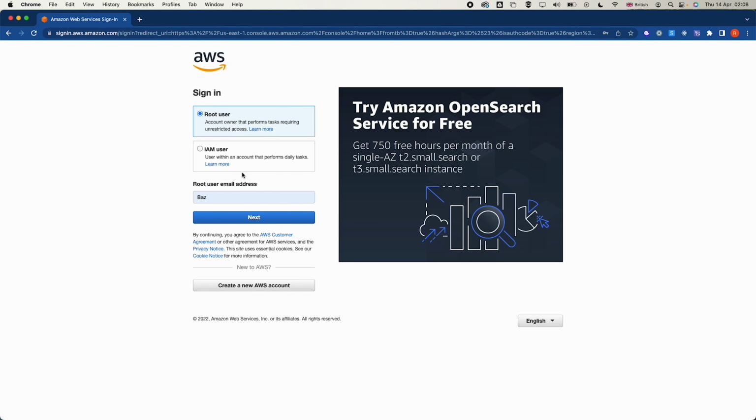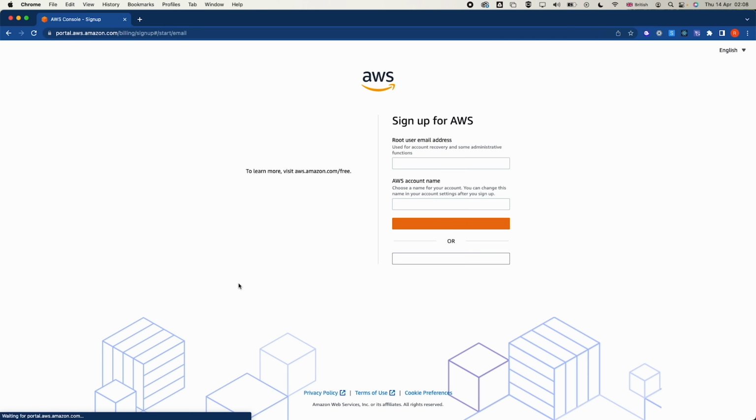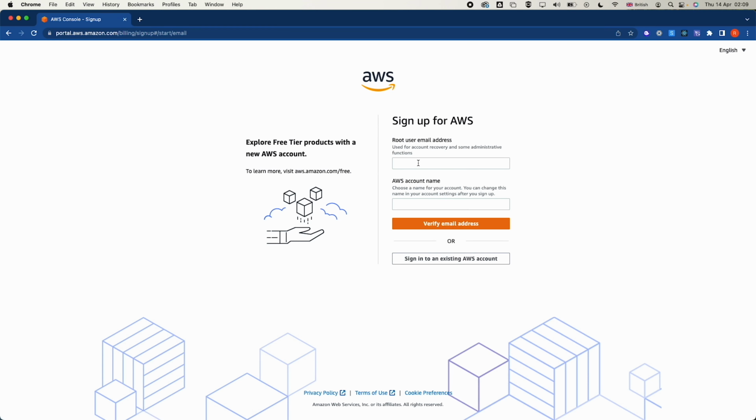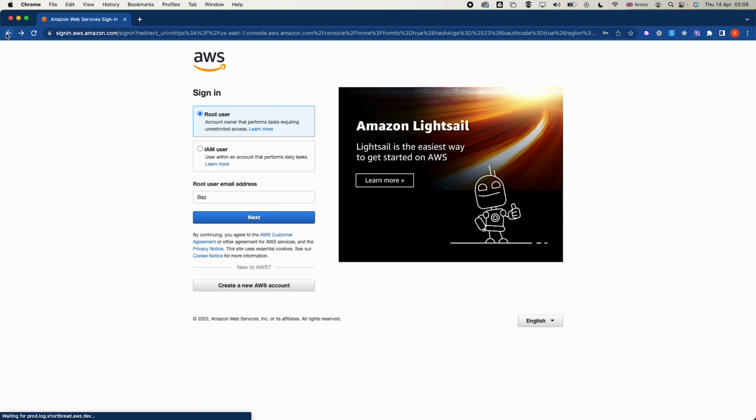So in the first step here, we are going to sign in to the management console using your root account. If you don't have a root account, you can create a new AWS account. From here, all you need to do is to provide your username, and this will be your personal email address, and then you will verify that email, and then you will proceed to sign in. You have to provide also your credit card. If you already have a root user account or an IAM user, this IAM user needs to have full administrator permission in order to do the tasks that we need to do for this